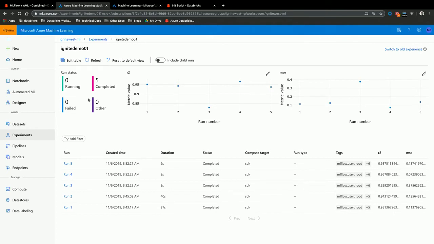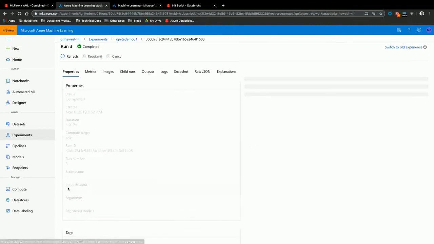So the Azure ML Studio, which people really like, the charts, the graphs, the ability to go and dig into runs, find the best model, those things, they're all there, they're all available, and you can now click through. So what kind of stuff got logged? You can see the actual metrics that got logged here for each run.